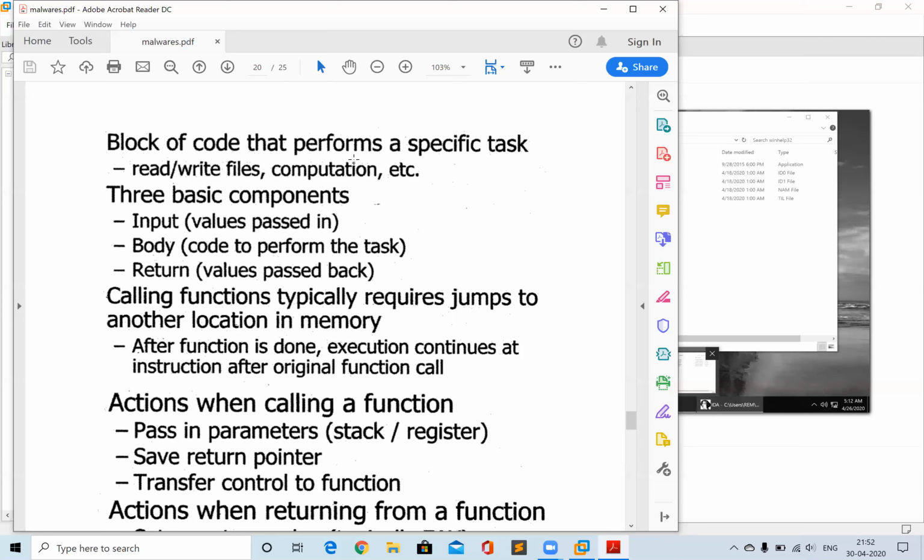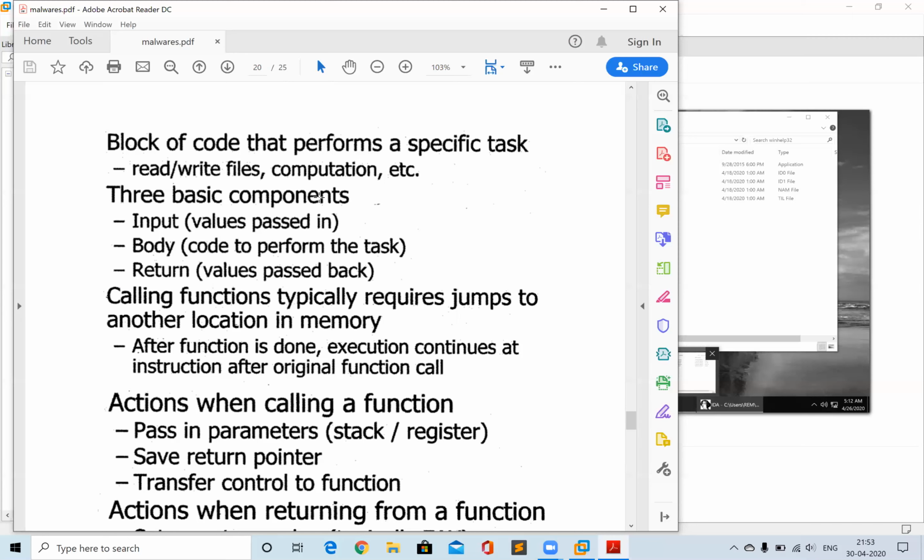If a common task needs to be repeated, we move it into a function, call that function, give the inputs and get the output, so we don't have to write the same code again.